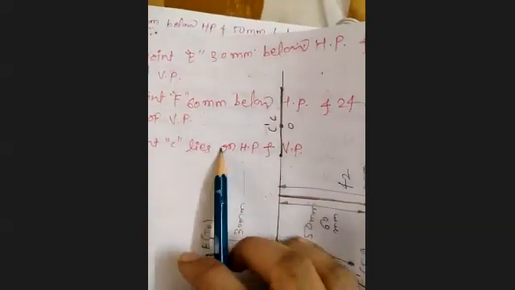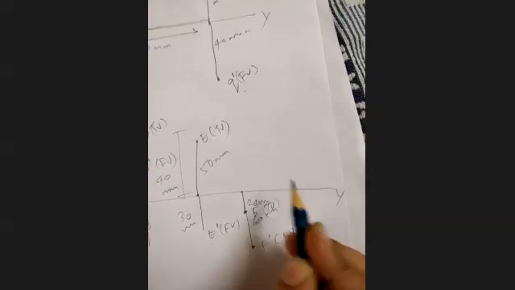What are they asking next? A point C lies on HP and VP means on the reference line, the XY line. This is C dash and C. This is the origin point, O. This point is very important. Both lie in HP and VP, so front view and top view lie on this XY line. You have to draw like this, C dash and C, and mark the origin point O. Is this clear? Yes, ma'am.